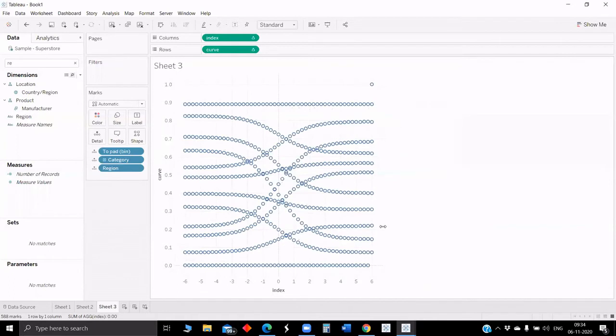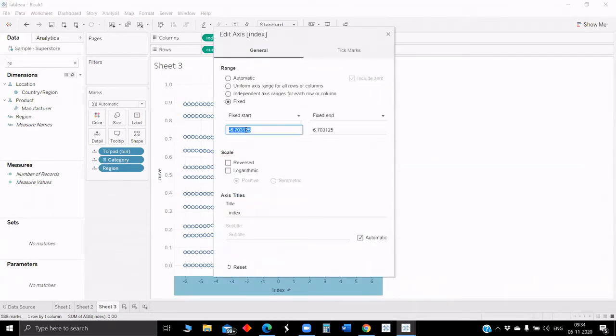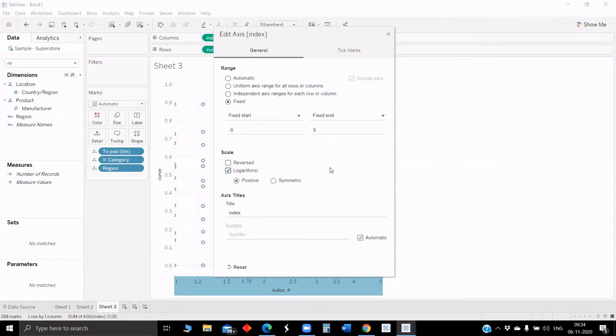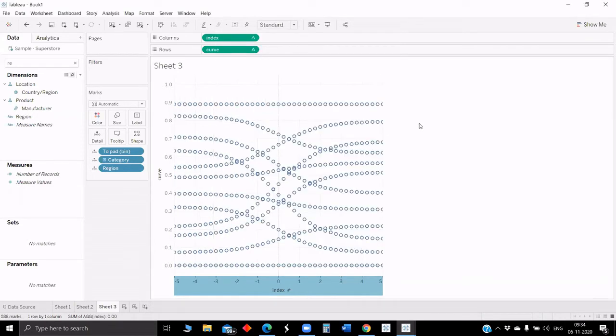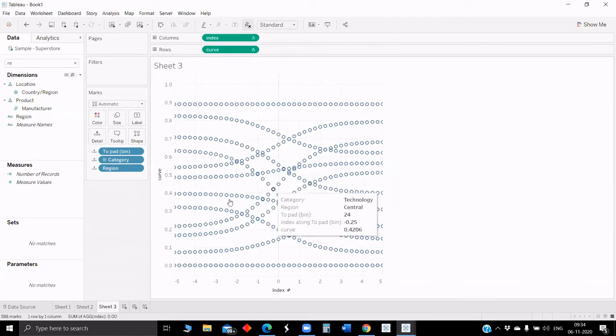Now we have to do some formatting and write a calculated field. Here you can see some discrepancy when we are having 6 and -6 and all. So we can edit the axis from -5 to +5. Okay.